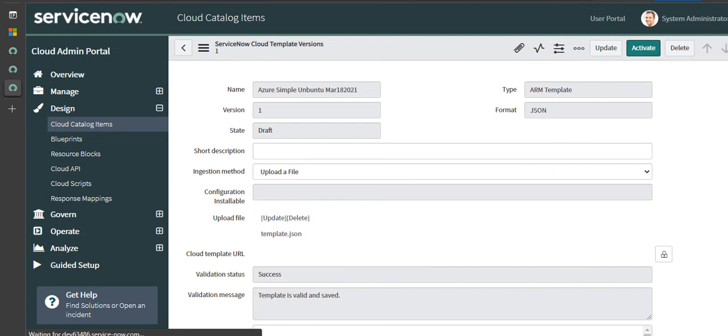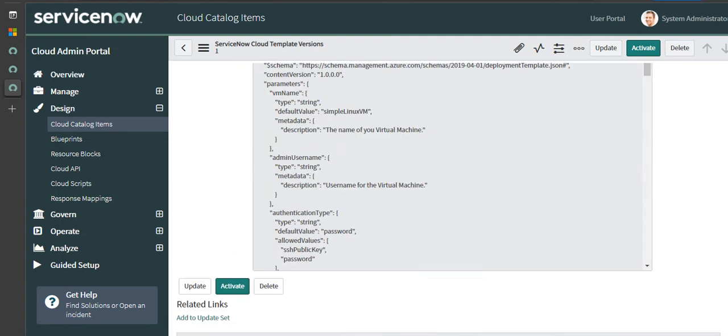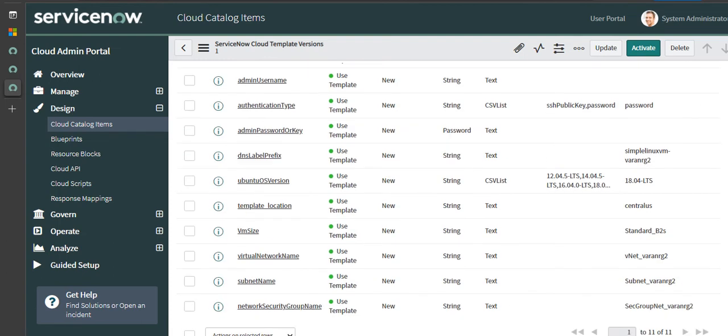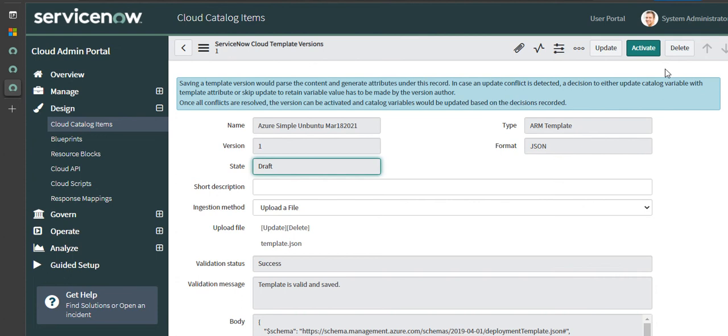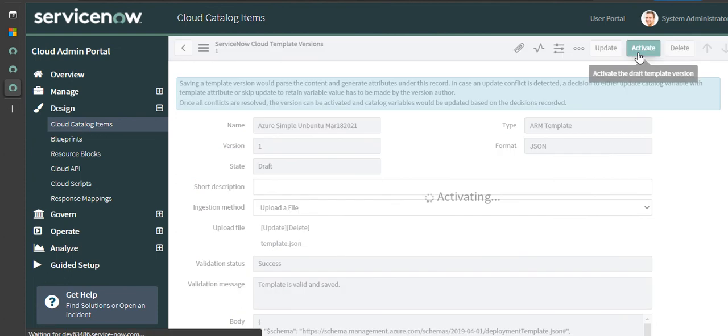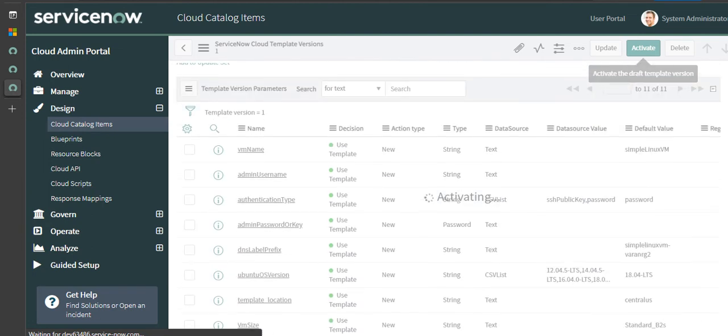So now we should see the default values updated to what we have given. For example, location is now coming up correctly, subnet, vnet, all of them have the right values. So I think we're good. So let's click on activate. So once we activate, it does some work in the background. It does a lot of validation to ensure that whatever values we have given is meaningful from the template perspective,